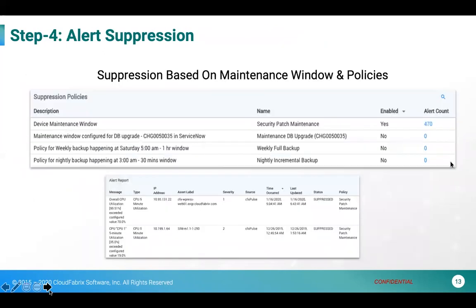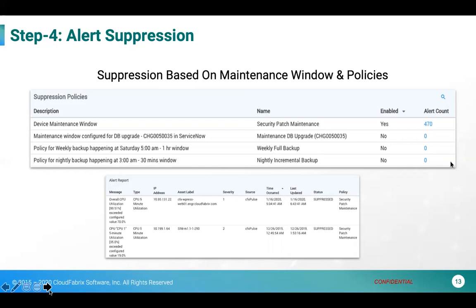The other thing is suppression. This is also a very common way to reduce your alerts, and you also need to make sure that your AIOps solution has a plug-in into your change management system. Very often people will have maintenance windows, or certain alerts or assets in the process of decommissioning.